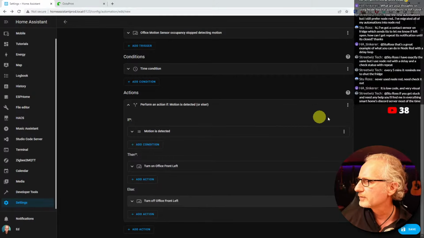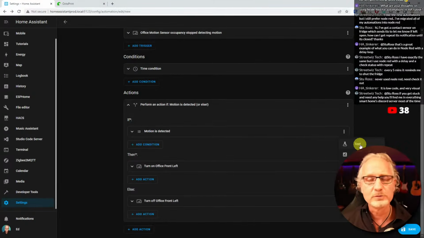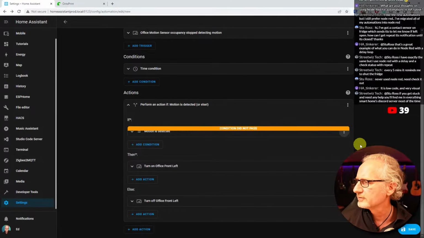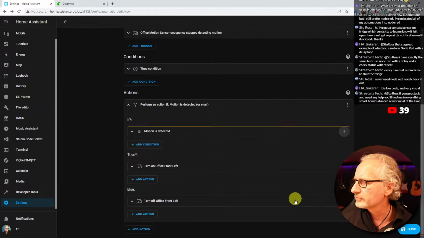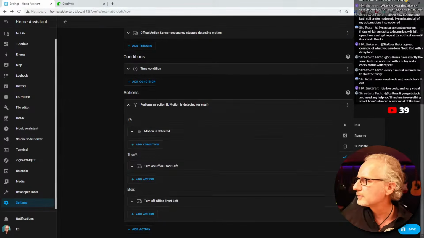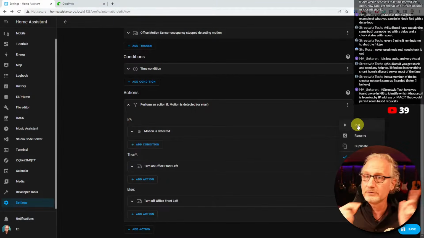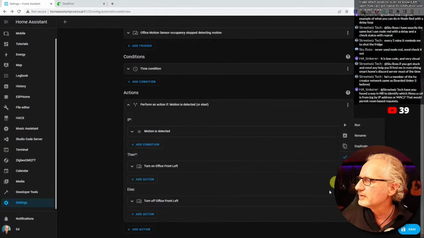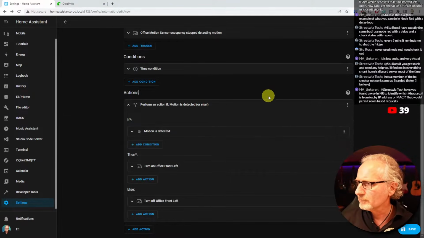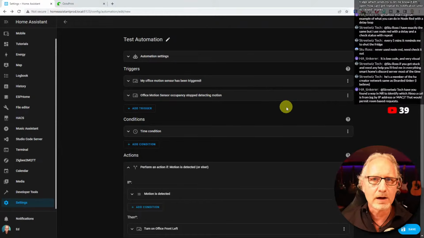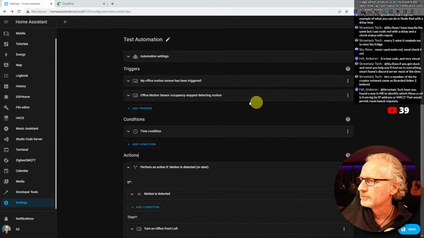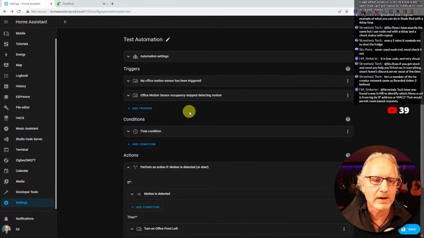Now I can test things by clicking on test here, which also has a new location in this interface. Now, condition did not pass. I can run the specific action. I'm not going to do that because then my light turns off. So these are new things here in the automation editor. So it's much more readable, I think, and I think there will be much more things released